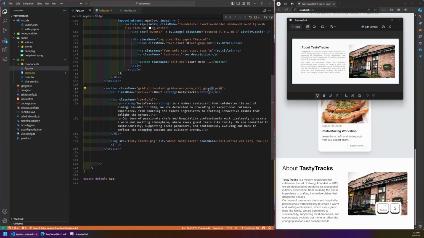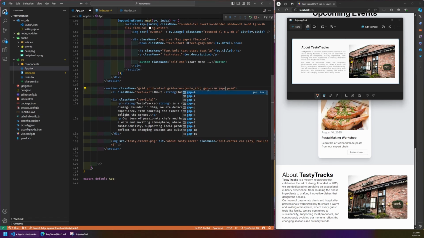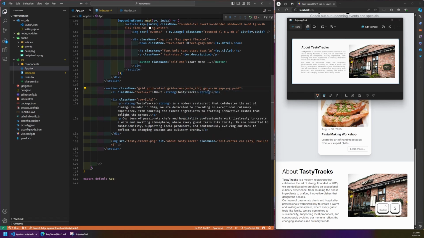So gap of 10 only in the X section, right? Yes. So the gap of Y is gonna have to be 5, like this. And now I think it looks